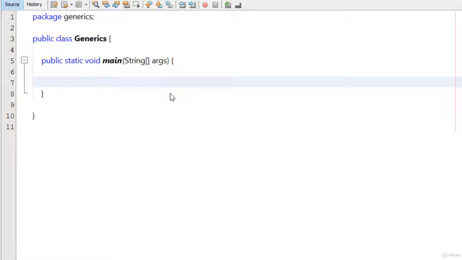Today in this video, we will discuss Java generics. Basically, we have generic methods and generic classes in Java. In this video, we will discuss generic methods, and in our next video, we will discuss generic classes. So let's write code for generic methods so that you have a better understanding of how generic methods are used in Java. So first of all,